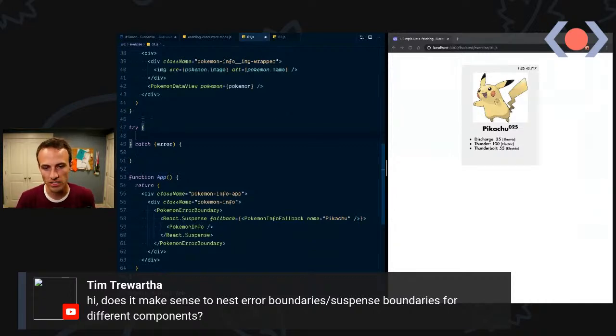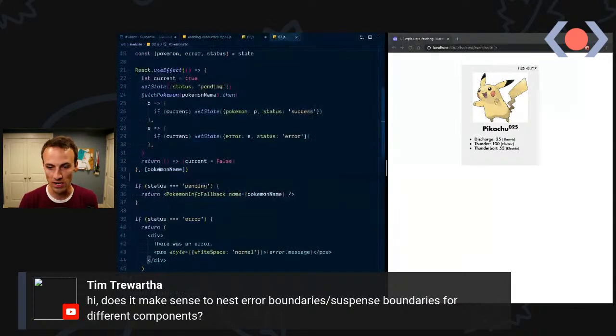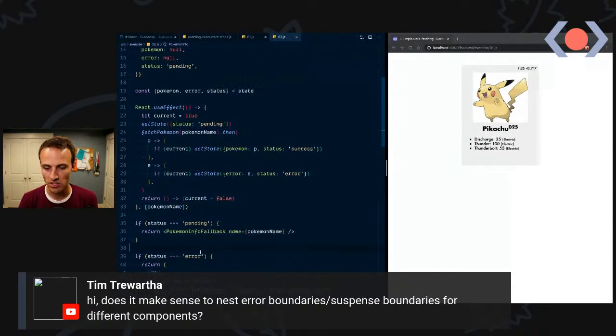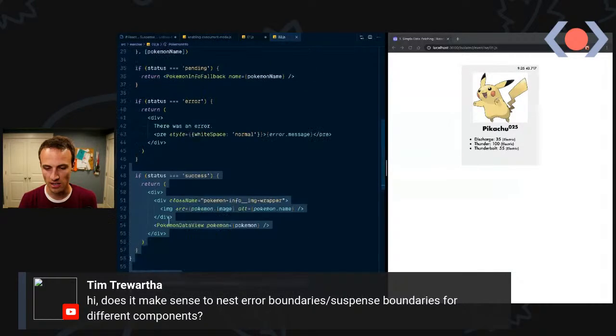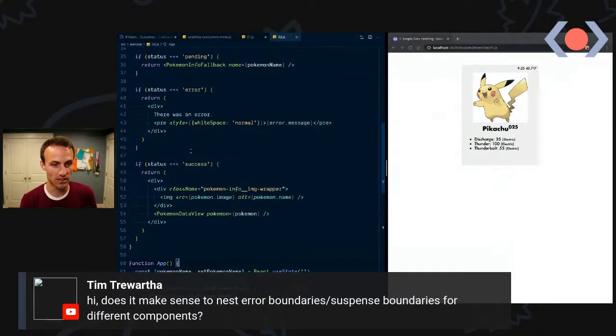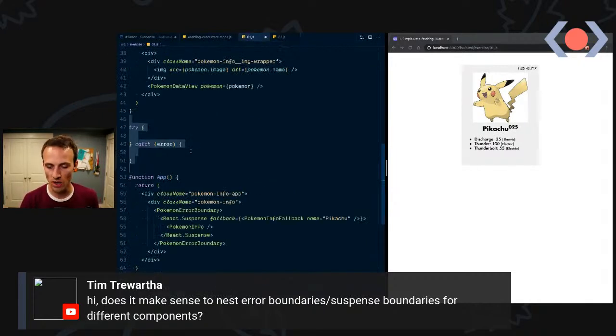So think of React error boundaries and suspense boundaries as try-catch blocks, where you can provide more useful information the closer it is to the thing that you're trying to handle. At the same time, right now the de facto standard for loading data is to put it right next to where that data is being loaded. And that means that you handle the error and the success case in literally every single component. What ends up happening is you'll have a million loading spinners when the user lands on the page, which is not a great user experience, and something that Suspense helps us do away with,